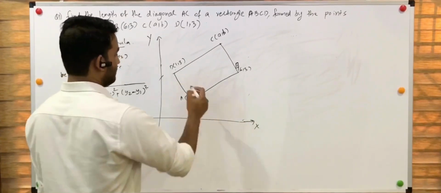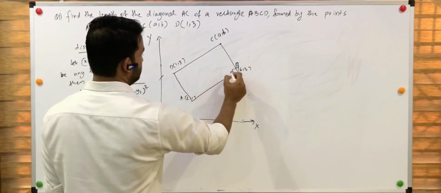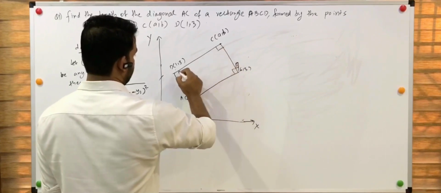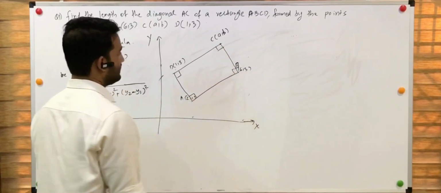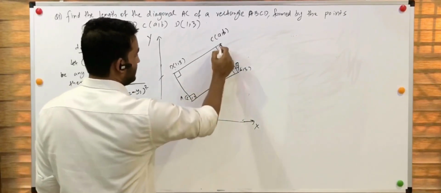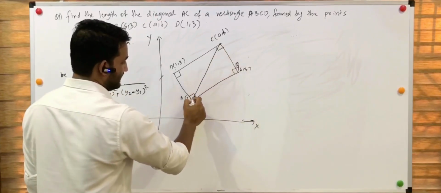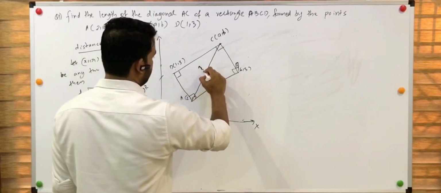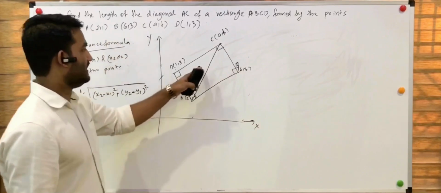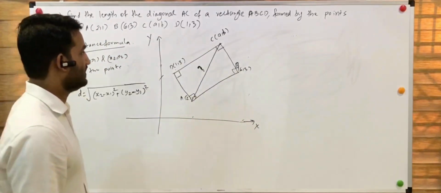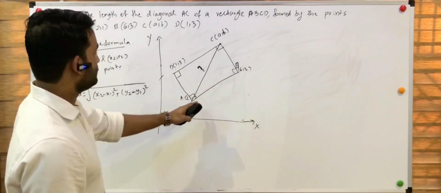Using the property of rectangle, we know all angles are 90 in the rectangle. Now what we need to find? We need to find the length of the diagonal AC. This is the length we need to get. Now here we use the